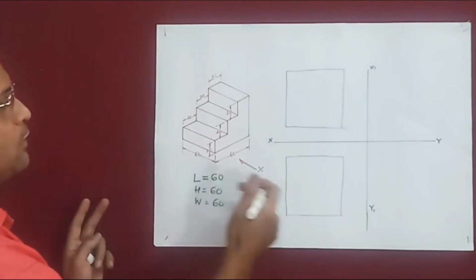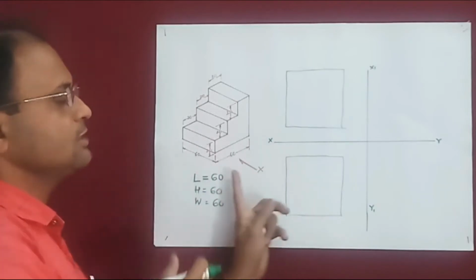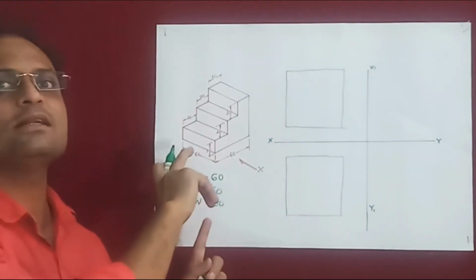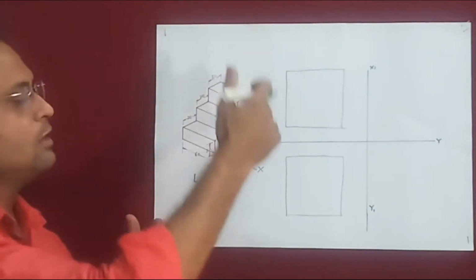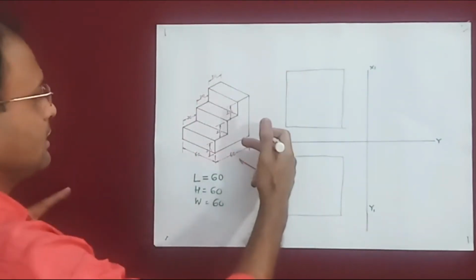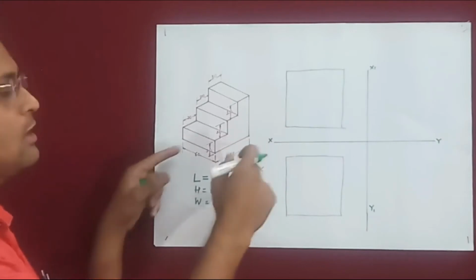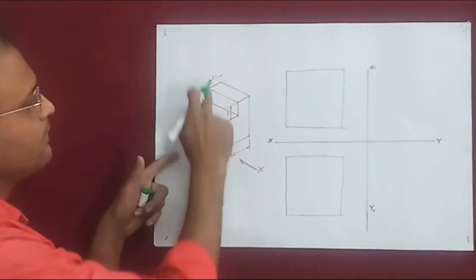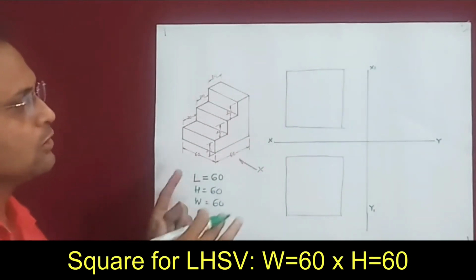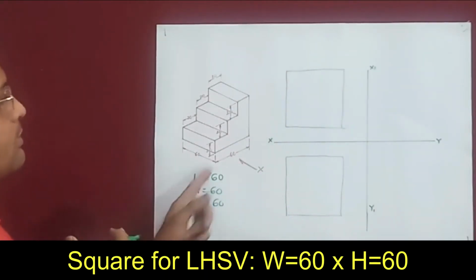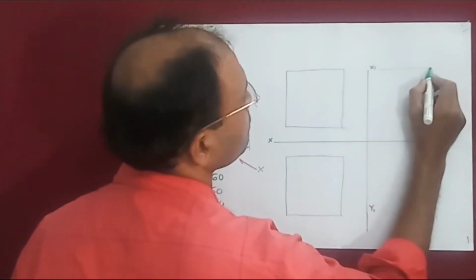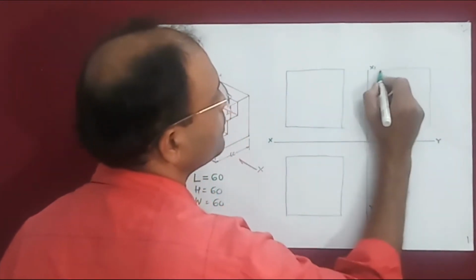Okay, and now the side view. This is direction x. X is always taken as the direction for the front view. Accordingly we have to decide the direction for the left hand or right hand side view. So if this is the direction for the front, then the left hand side view will be along this direction. If you look along this direction, which dimensions will be seen? 60 by 60. So the side view will also be a square of side 60 by 60. So this is a rectangle for drawing the side view.